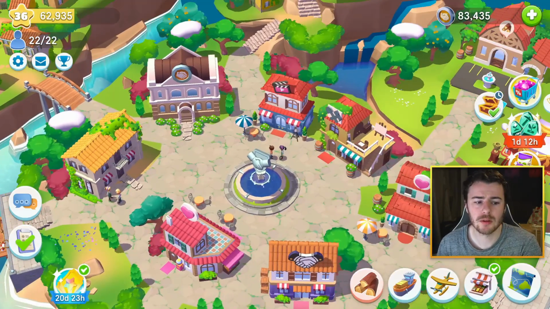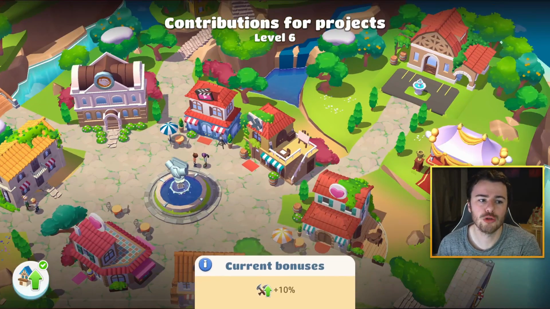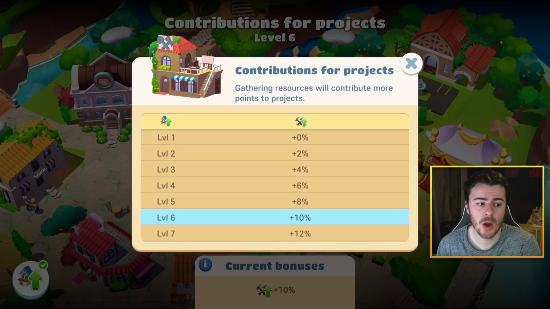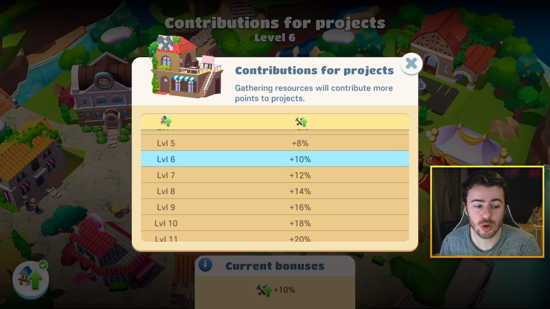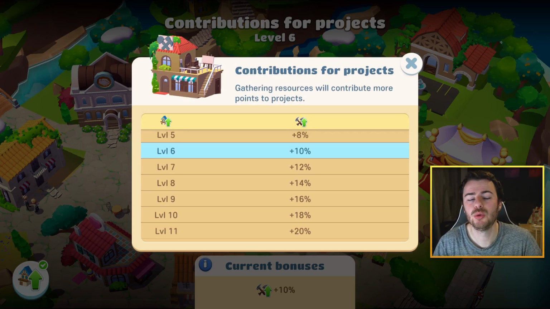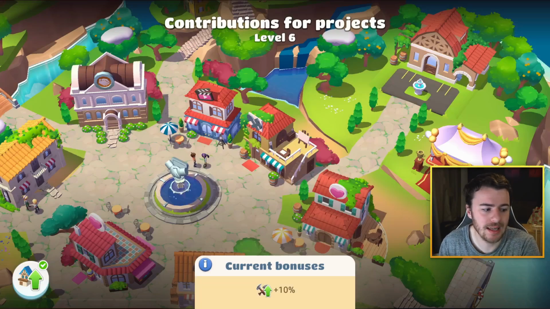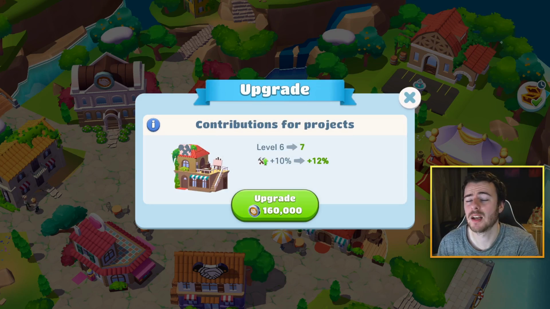So after the guild hall, the next one I would say is best to upgrade is going to be the contributions for projects building. Now, this has recently seen an update. We had previously maxed out at 10%, but you'll see it goes all the way up to 20% now. But the cost of this building is very expensive once you get past level 6. In fact, right now for us, if we wanted to upgrade this, it's going to cost us